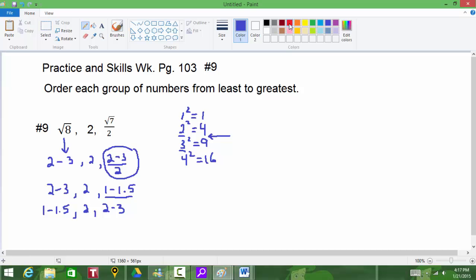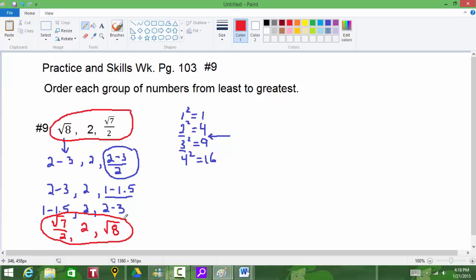Now, not quite done with the problem. What we have to do to finish up is change it back to the original problem. So we got to change it back to these original units that we have here. So we have between 1 and 1.5. Remember that's this last column right here. So that's going to be the square root of 7 over 2. The 2 you don't have to change because it's the same thing throughout. And then the very last one is between the 2 and the 3, and we know 2 and 3 is the square root of 8. Okay, so I'm going to go ahead and circle that. And that's putting it in order from least